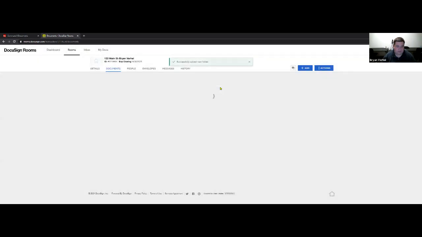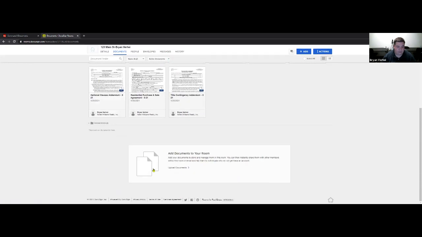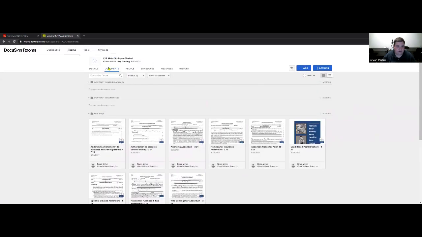And I'm going to create that, and it's going to go right there. And the room documents are empty, which is important for what I'm doing. I have the room ID number right up here. So to email into DocuSign, I'm going to copy that room ID,